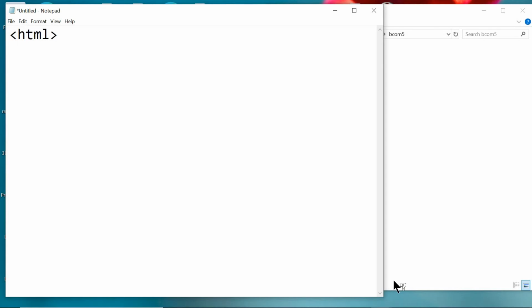HTML, then comes the head tag, then title, then here we will provide login form, close the title, later close the head.